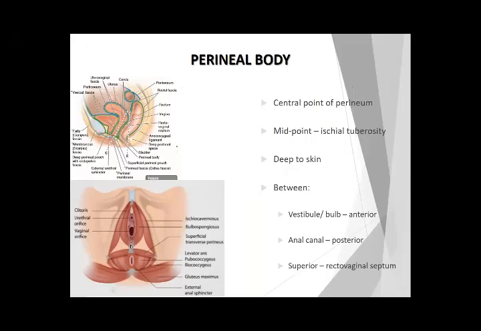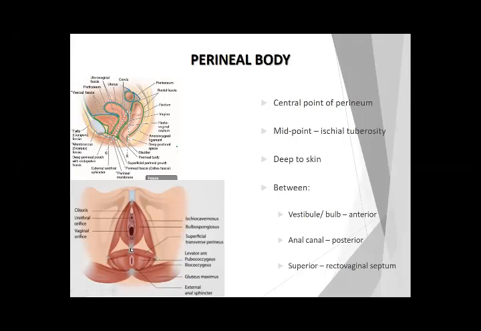This is the central tendon of the perineum, also called the perineal body. Now, this perineal body is present at a point which is midway between the two ischial tuberosities. One ischial tuberosity, the other ischial tuberosity. You join the two ischial tuberosities, and at the midpoint on the line drawn from one ischial tuberosity to the other ischial tuberosity,